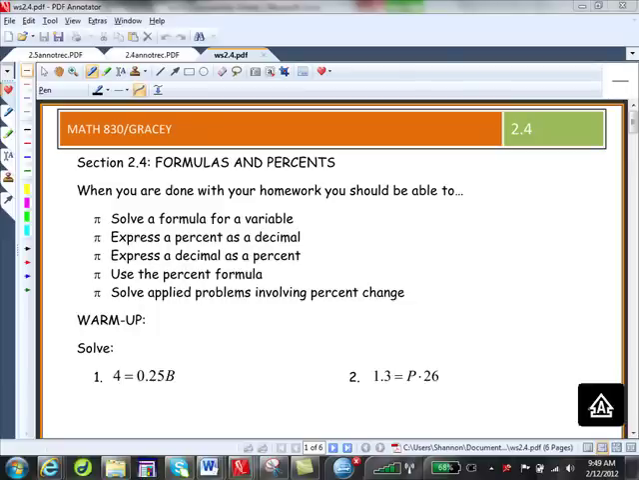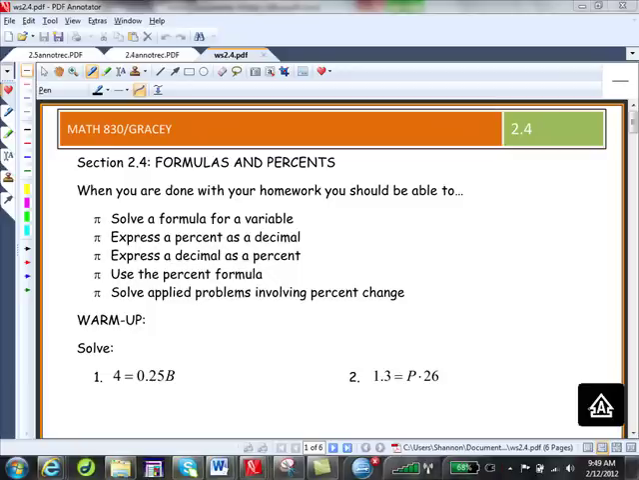Good morning. Today we're going to be covering 2.4, which is formulas and percents. So when we're done with our homework, we should be able to solve a formula for a variable, express a percent as a decimal, express a decimal as a percent, use the percent formula, and most importantly, solve applied problems